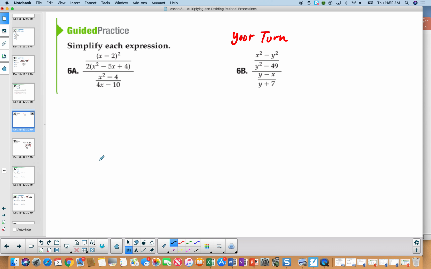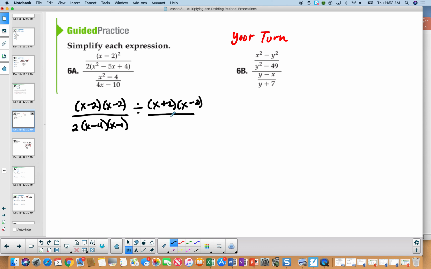Okay, let me go ahead and do this problem. So this is going to be x minus 2 times x minus 2. I'm going to just write it out twice. 2 times x minus 4, x minus 1, divided by, and I'm not going to do any reciprocals yet. I'm just going to write what I see here. x plus 2, x minus 2, all over 2 times x